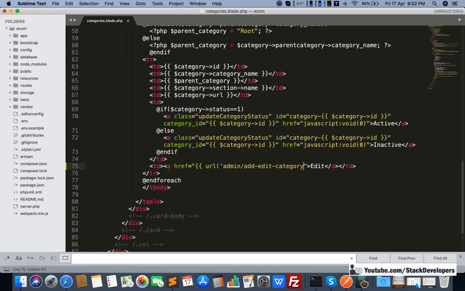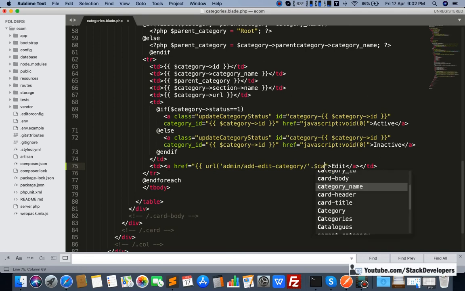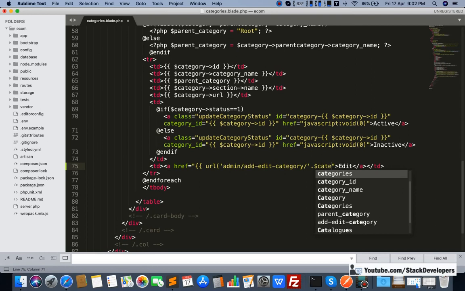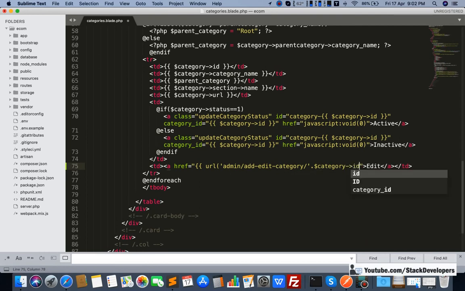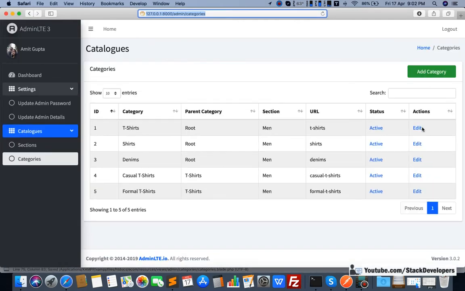But after that, this time we are going to send the category ID. So we are going to add here the category object ID. This we are going to send. I'm going to close this one like this. Now it is fine. You can see the link has come up.